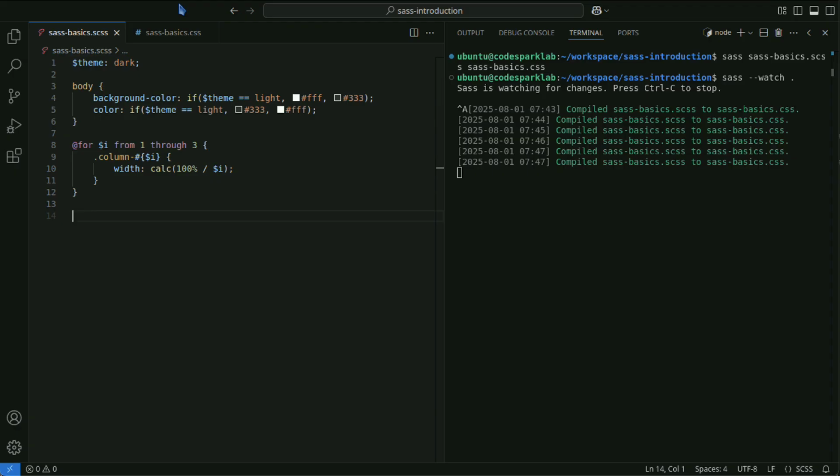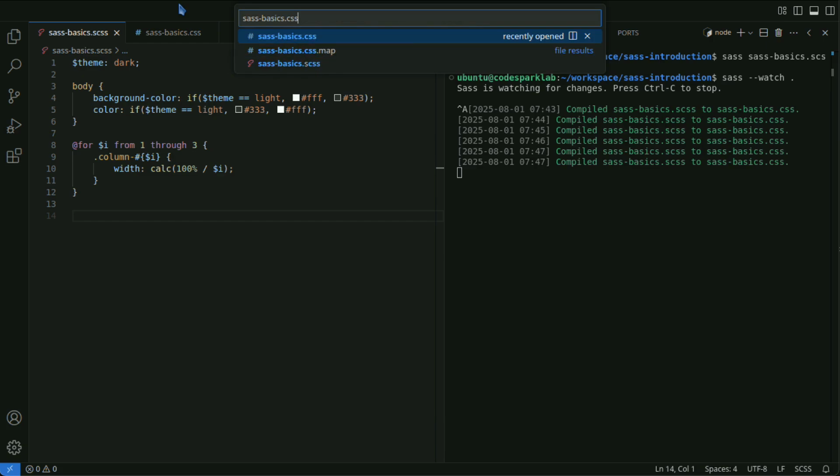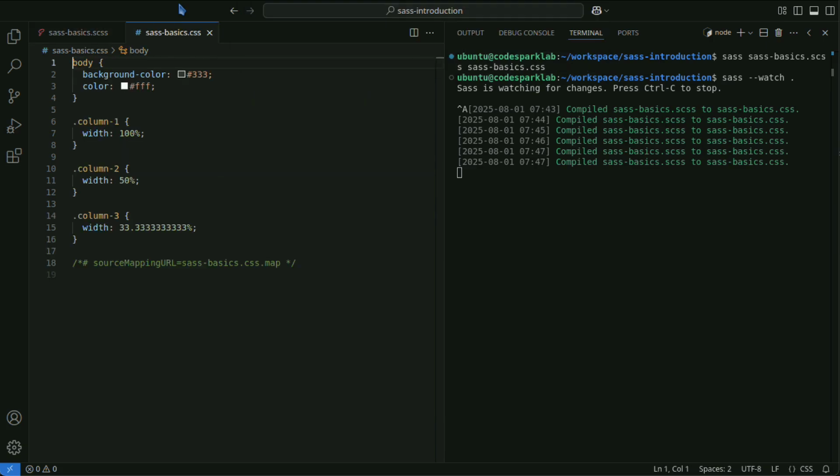This code uses a Sass @for loop to dynamically generate classes from column-1 to column-3. When compiled, the Sass file will be converted into CSS like this.